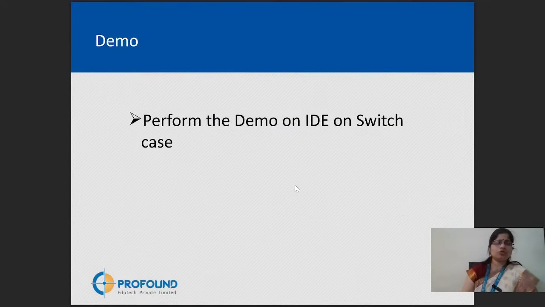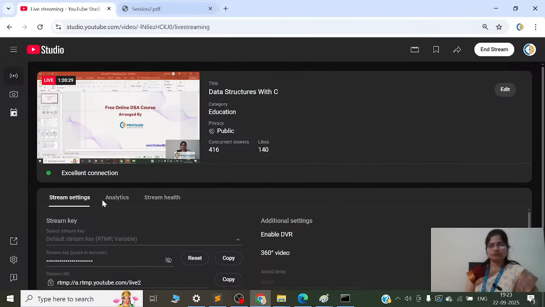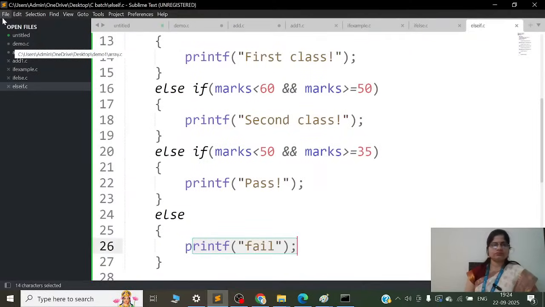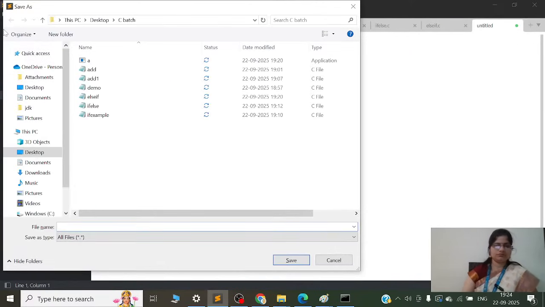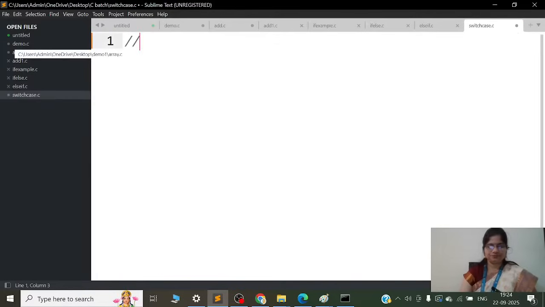सो लेट अस सी दिस थ्रू प्रोग्राम. switch case dot c, switch case demo. ठीक है.